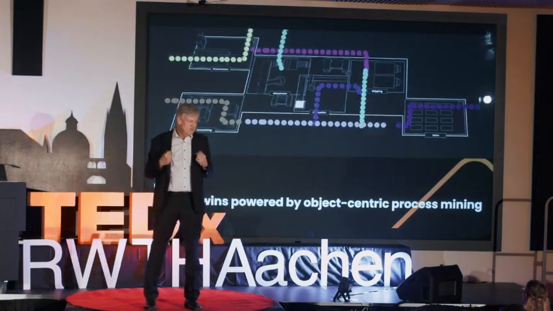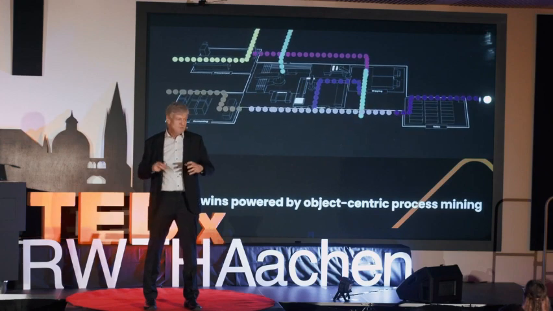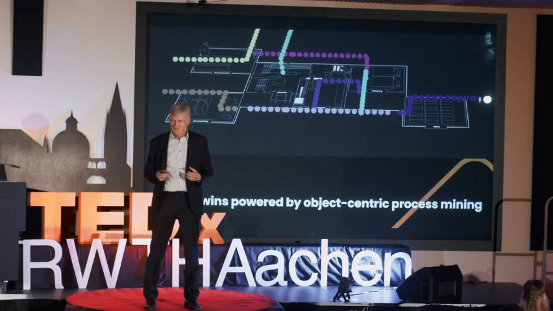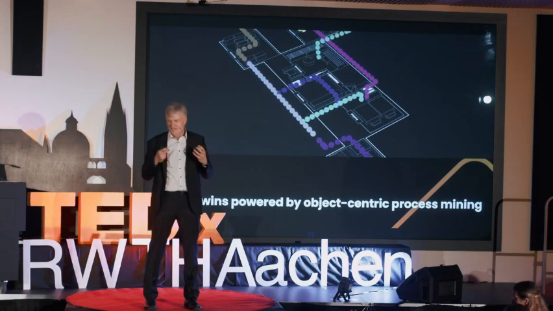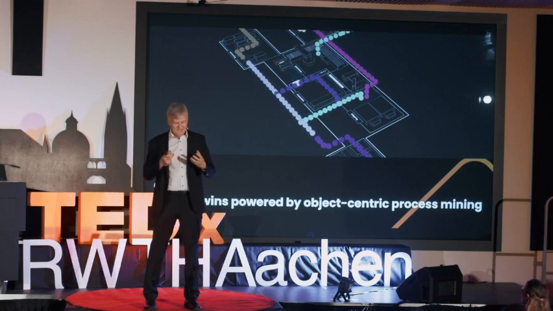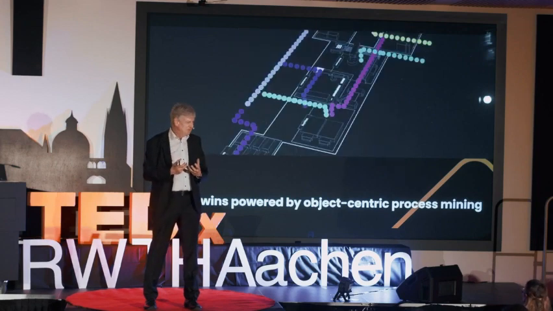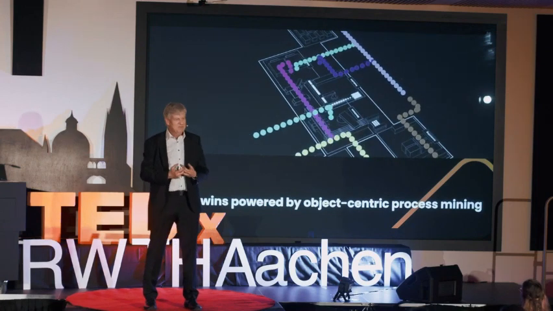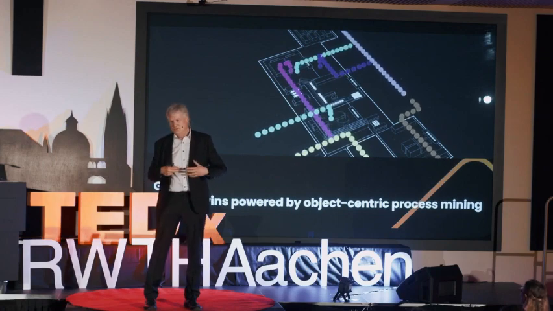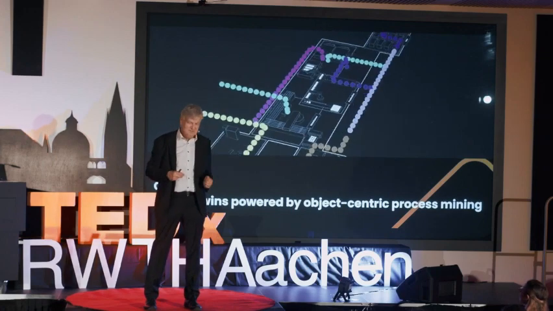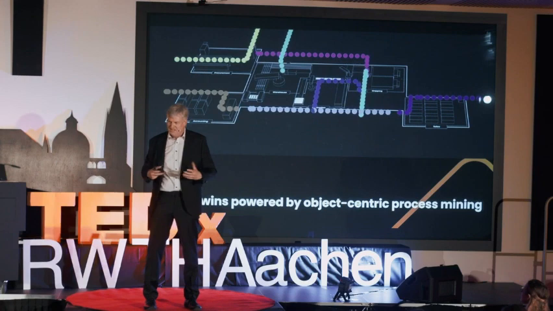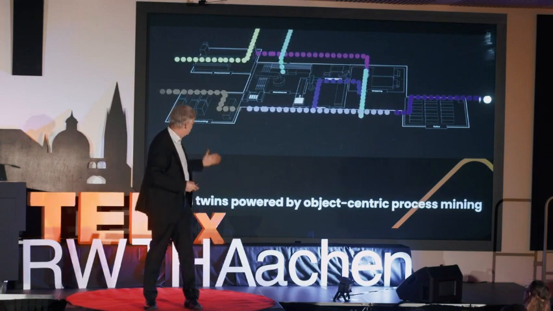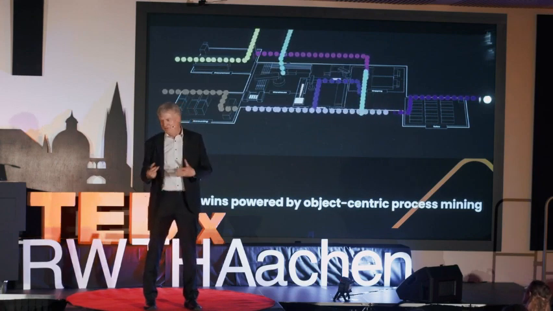So my personal challenge is to automatically create models which capture reality as well as possible. And once we have these digital models of reality, we completely understand why there are certain problems, but also how we can address them. So we can do what-if scenarios. What if we change this and this? What would happen?